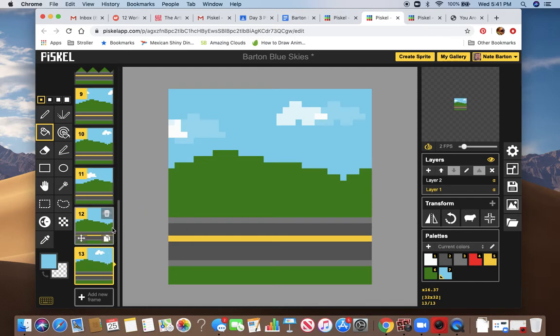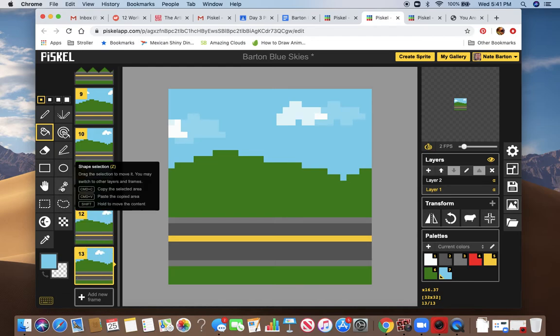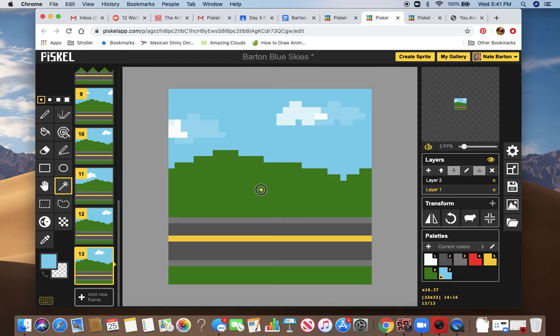So another thing that I could do here, if I'm going to continue to edit and I want to try to fix some of these things, I talked about editing. So I'm still in frame 13, and I'm looking at frame 12 and the way the mountain shape looks behind it. I want this mountain shape to move more smoothly. So again, I'm going to use that shape selection tool. I'm going to click on this whole mountain shape. See how it changed colors? I'm going to do Command X because I'm going to cut it,